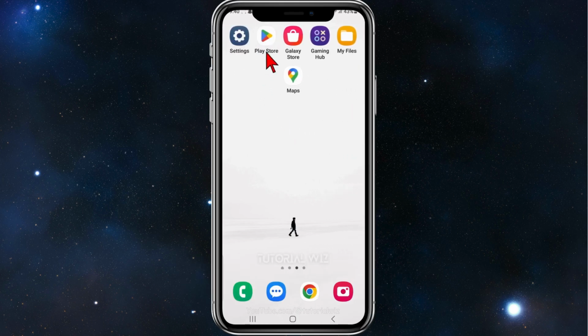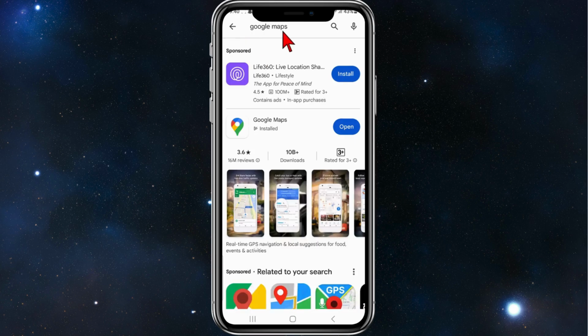Alright, now the first thing you need to do is head over to your Play Store, search for Google Maps and make sure Google Maps is updated to the latest version. Once that is done, click on Open,